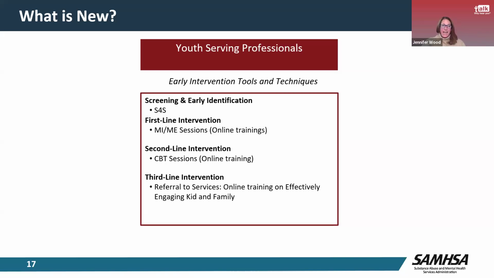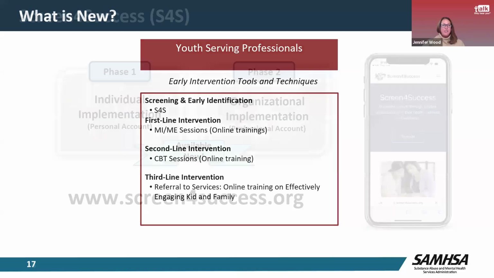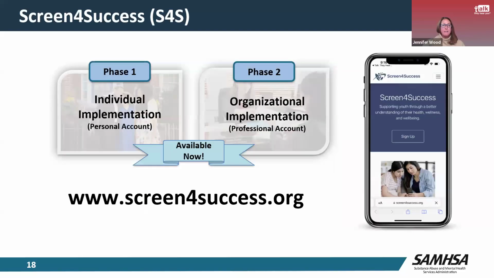So next slide, which I still don't understand why I put this slide last, but anyway, Screen for Success, which I touched on a little bit, is our flagship digital screening tool, and it's ready to go. It's free, ready to implement. I ran through most of this, so I'll touch on the high level points. It screens across multiple domains: mental health, substance use, physical health, family environment, life satisfaction, and well-being.